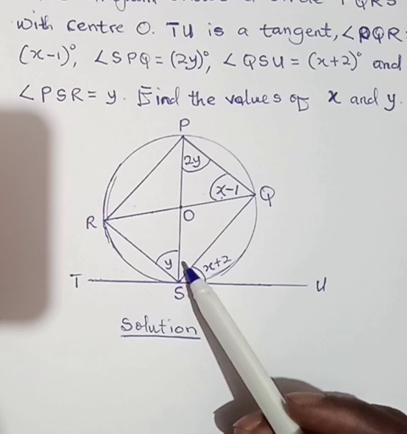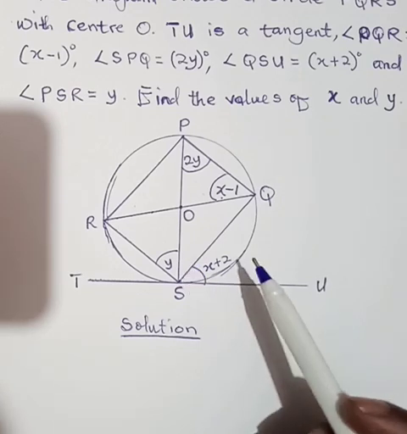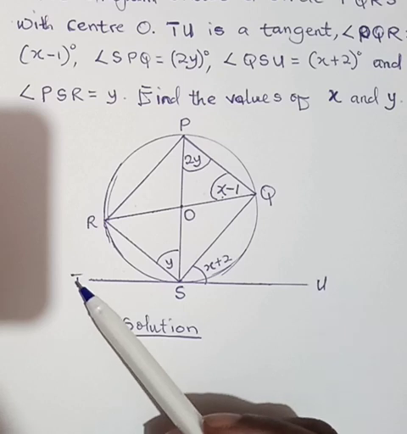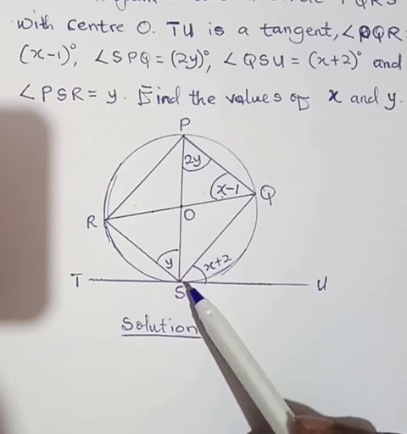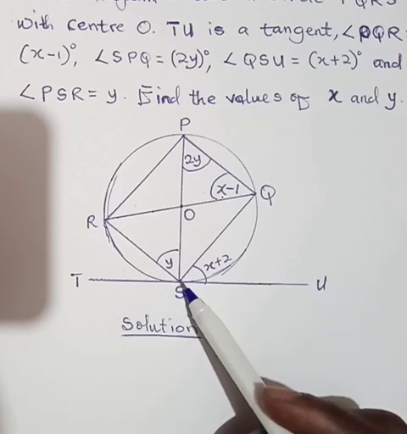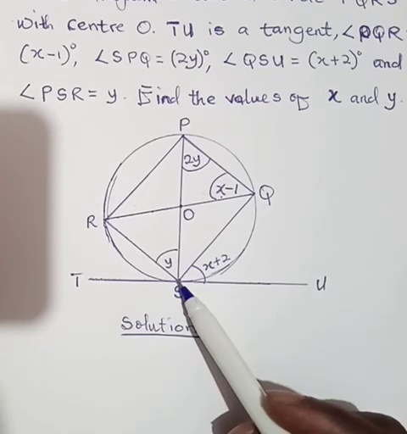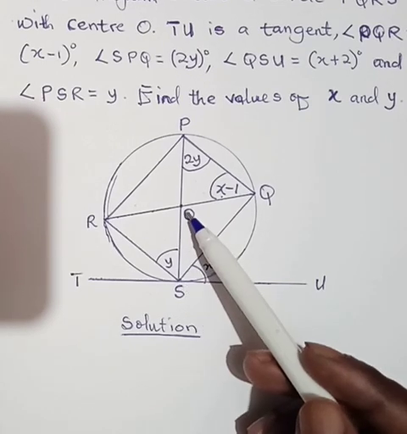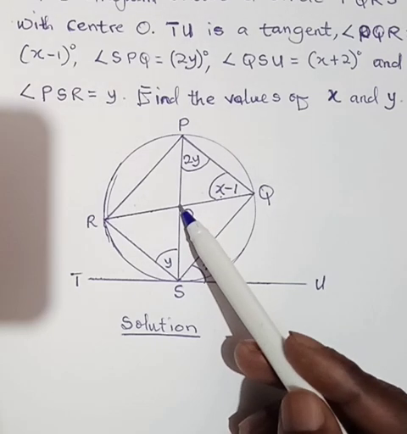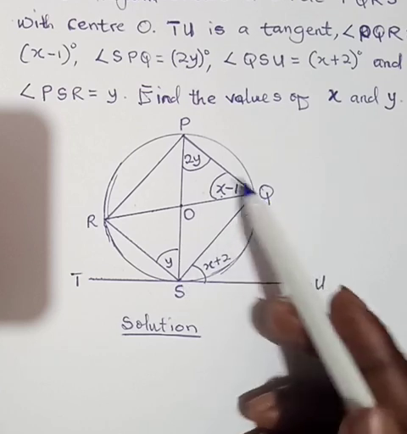So this is circle geometry. We are going to apply some of the properties we already learned in circle theory. The question says TU is a tangent line and it touches the circle at point S. And looking at the diagram, O is the center. So let's consider the following lines: SQ, QP,